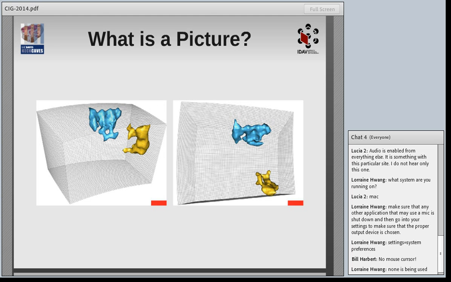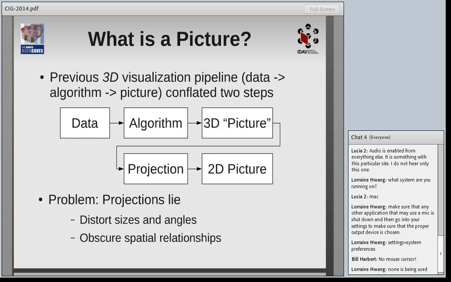And yes, in one sense they are obviously different, but in another sense they're not quite, because they're both showing the exact same isosurfaces. They're just showing them from a different point of view. Now again, both of these pairs of pictures are different, but they are different in a different way. And the visualization pipeline I laid out earlier does not really explain the difference because it conflated two very important